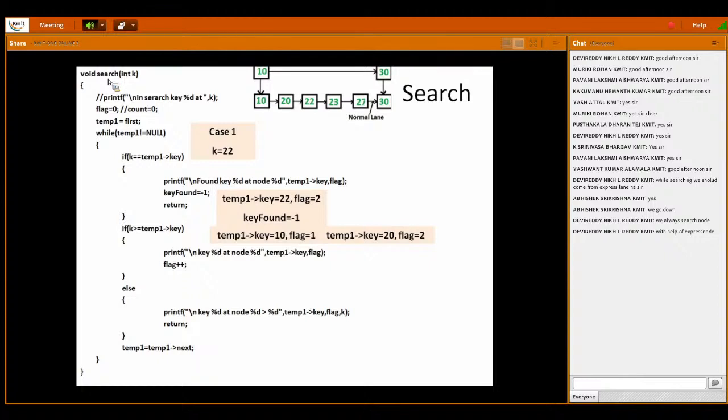Nikhil Reddy, this particular code is only for searching the node, not through the express node, but we have to actually come through the express node for faster search. But the code which I am presenting to you is only for searching a node, because when we are going to develop the search in the express node through the express node,